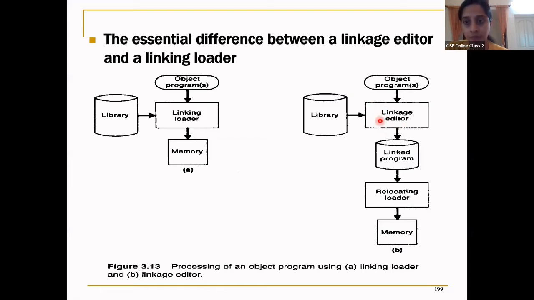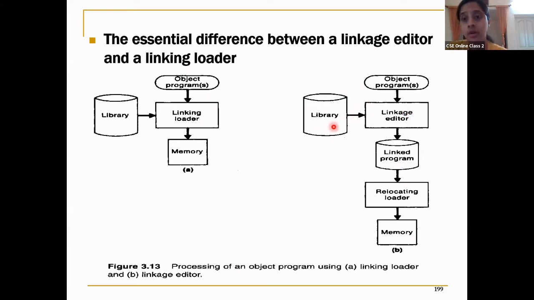While linking, obviously, it needs help from the library. Whatever extra files or library files have been defined in the program, it has to link. If there are external symbols, referred symbols and defined symbols, then an automatic library search will take care of this. We'll assume automatic because we have recently studied automatic library search.